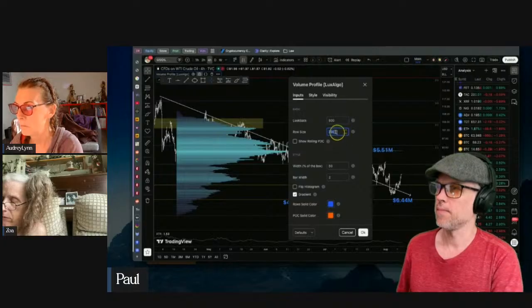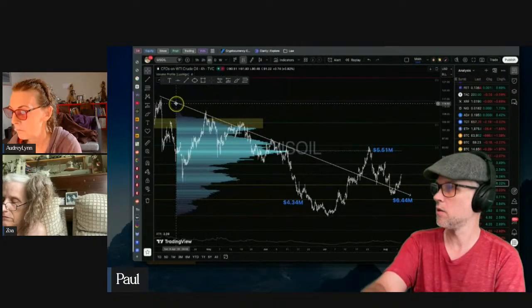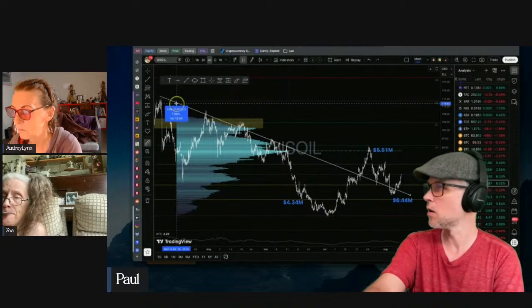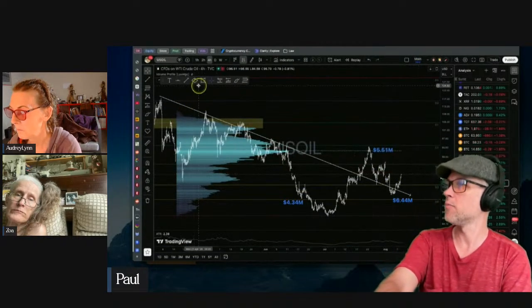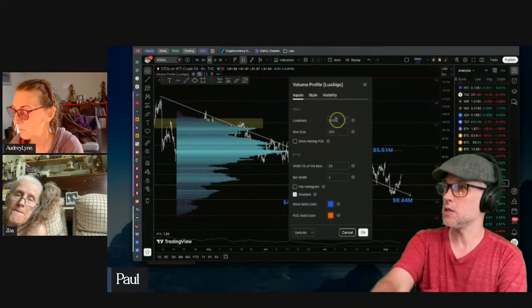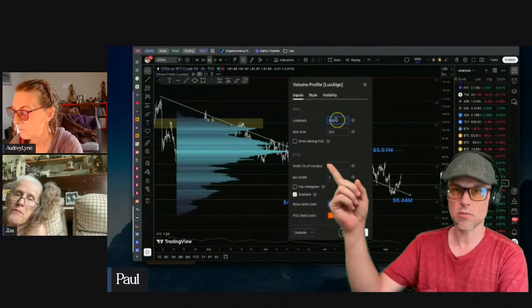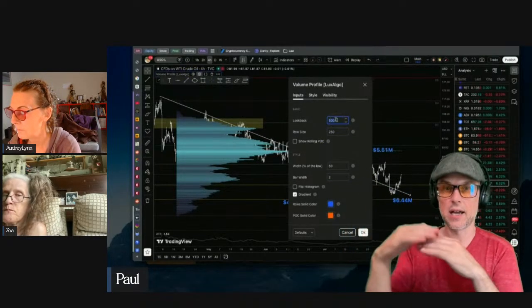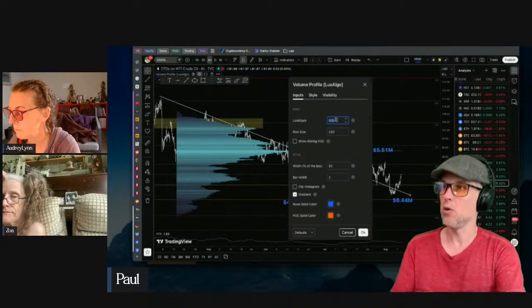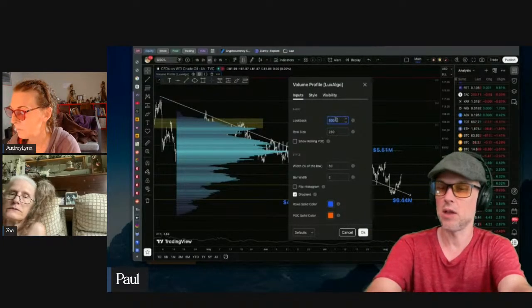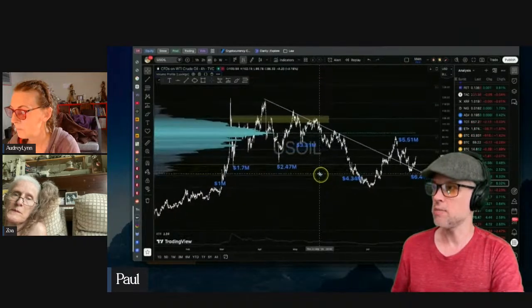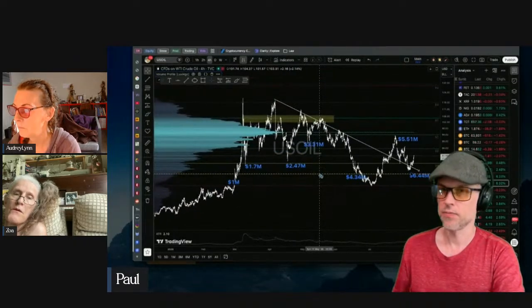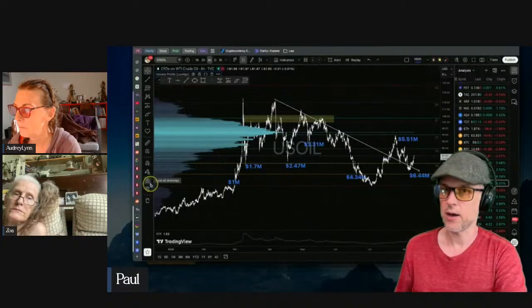Look back 500. Is that 500 units right there? Let's just see here. Oh yeah, okay. So that's 500 bars is what that is. So I can say, okay, that's the volume heat map of the last 500 bars. What if I want the heat map of the last 1,000 bars? Well, then it pushes that heat map back a little ways so that we can see 1,000 bars worth of volume.